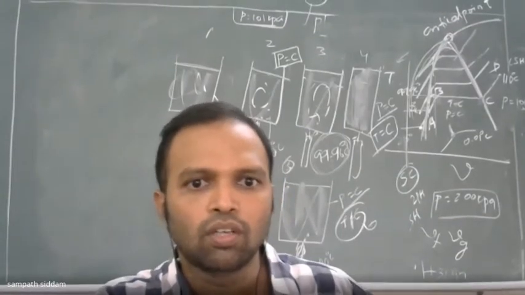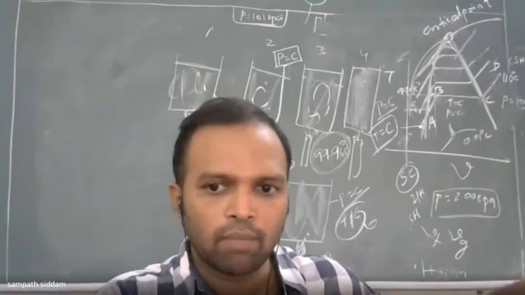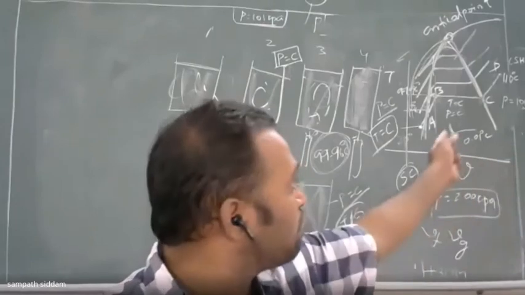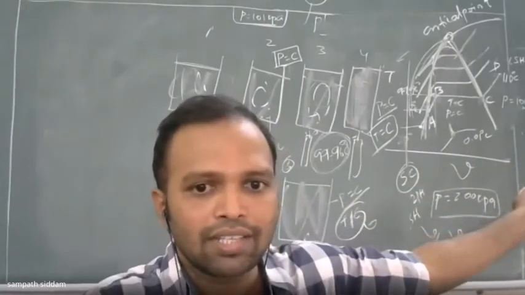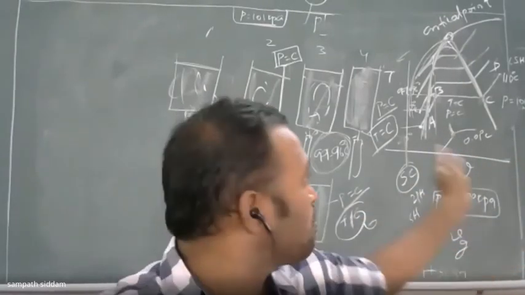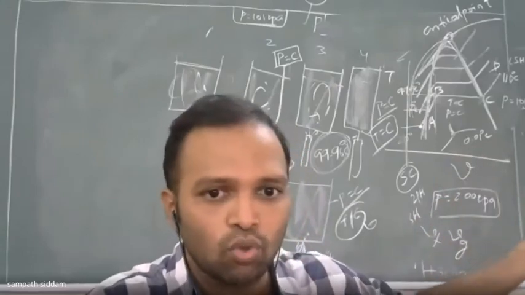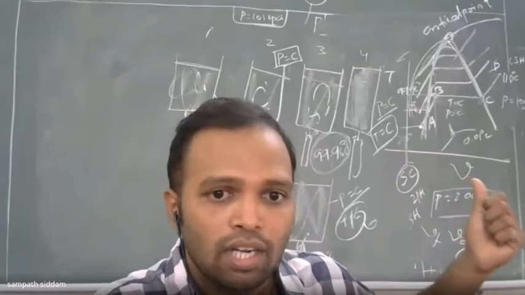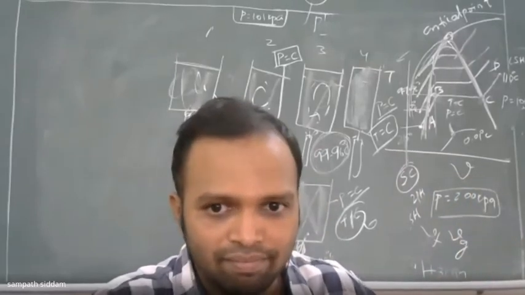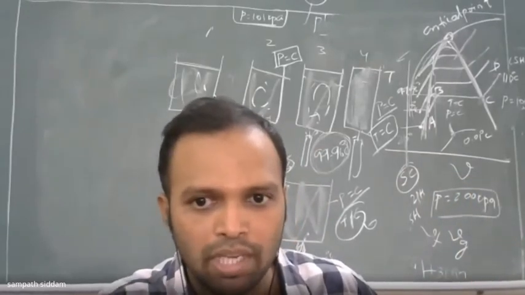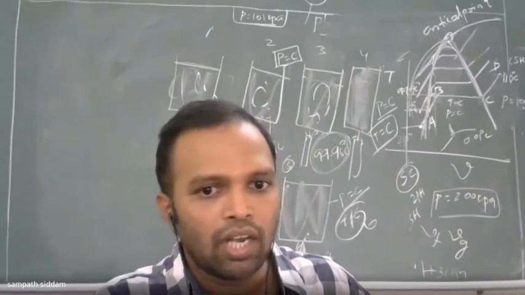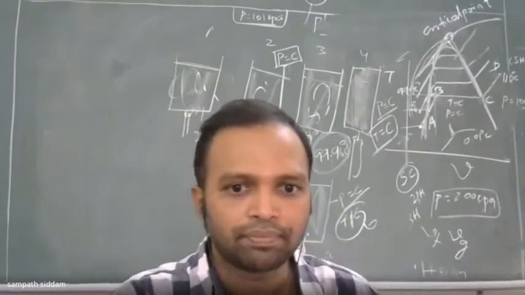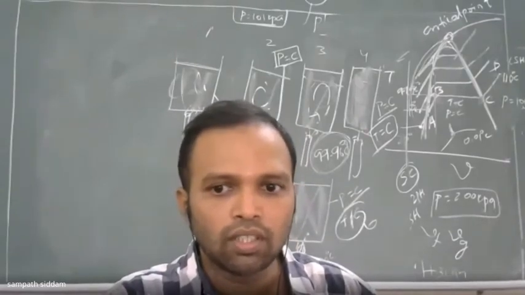Right. So this is 4 to 5, where at point 5 it is in the saturated vapor region. That point C is called the saturated vapor region. From B to C, it is a two-phase region. Point B is called the saturated liquid region, okay, saturated liquid, point B. And point D is superheated.